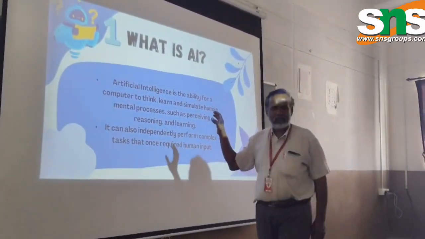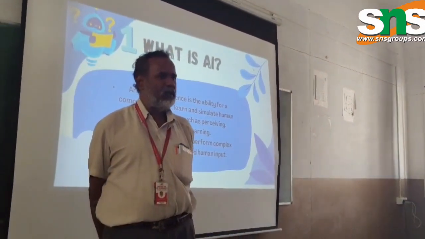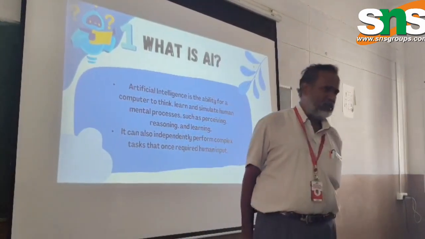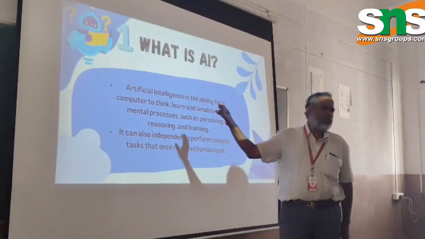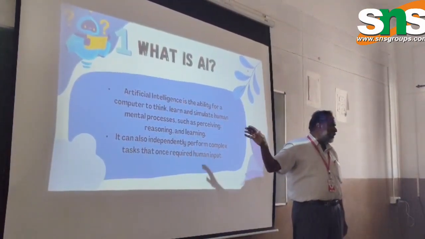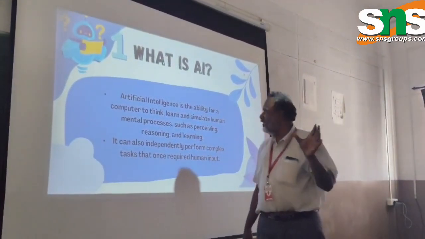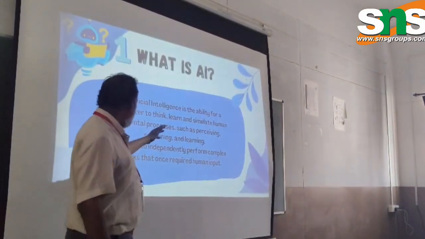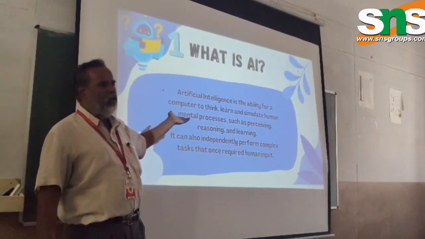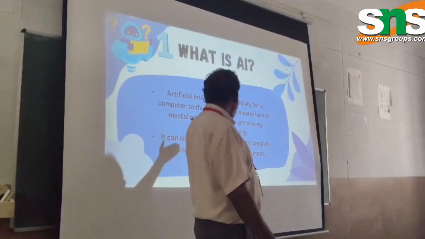So, what is knowledge? Similarly, in terms of an AI approach, knowledge can be gathered by a human being by means of studying, reading, observation, doing things. But what is AI? Knowledge-based representation and reasoning: how knowledge can be represented to the system. So, what is the concept of AI? AI is the ability of a computer or computation to think, learn, and simulate human mental processes. The system should act like a human brain.